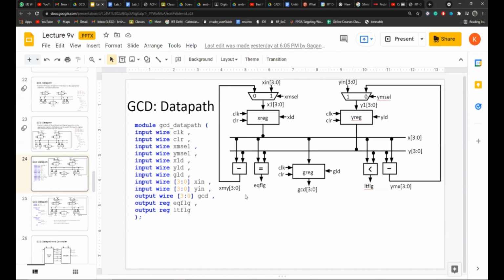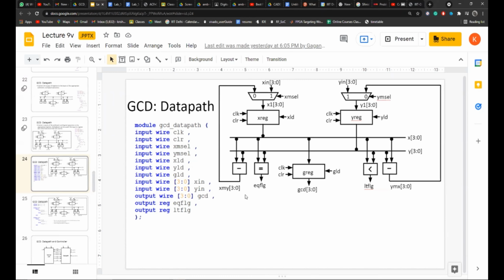Because we can only achieve start by one method, by having clear equal to 1. So this is the way we're determining start. Whenever clear is equal to 1, the start will become 0, and then we'll wait for the go, as you can see here. With the help of go, this go signal will determine that the next values have arrived, and now we need to process those values. So when go is equal to 1, we'll go to this state.